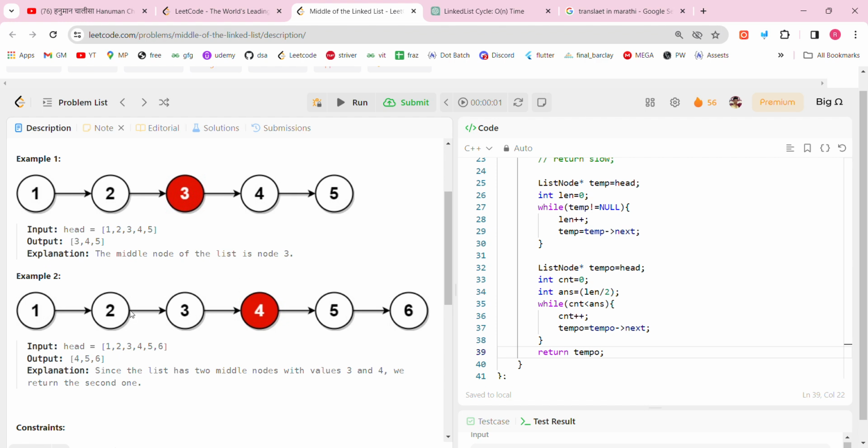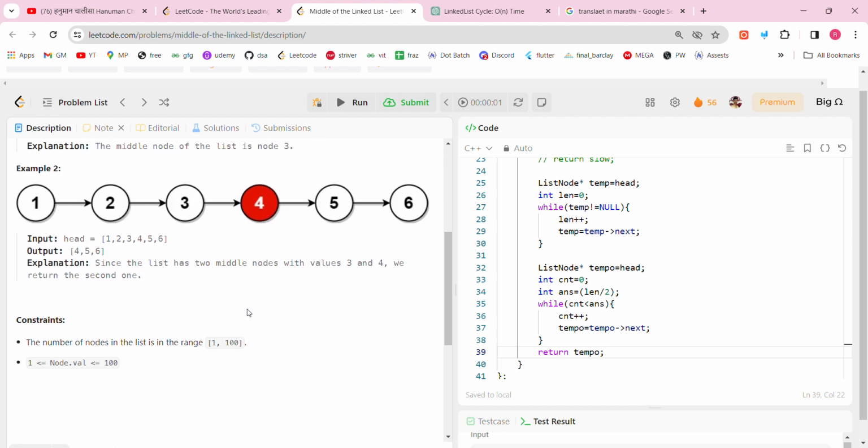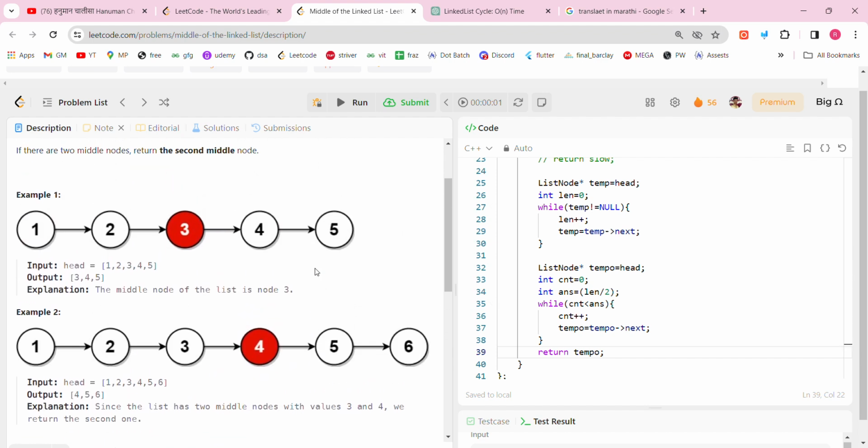There is a 1, 2, 3, 4, 5, 6. 6 is the total length of this linked list and the middle is 6 by 2, that's a 3, and we will return that node. For this we will return the fourth node. Okay, the constraint is that the number of nodes is from 1 to 100. My first approach to solve this question is we will just calculate the length of this linked